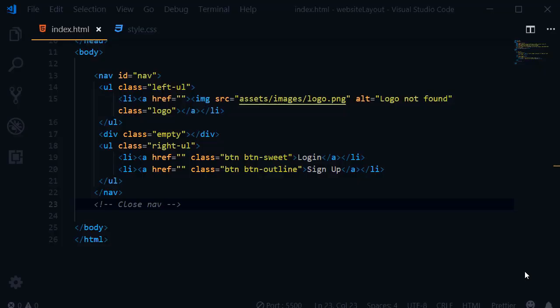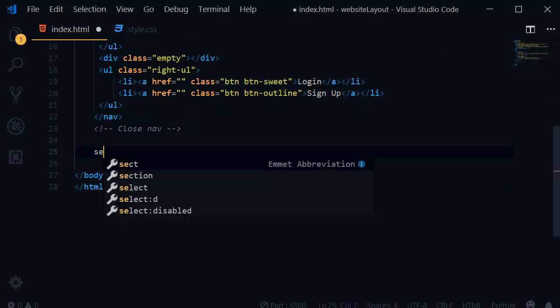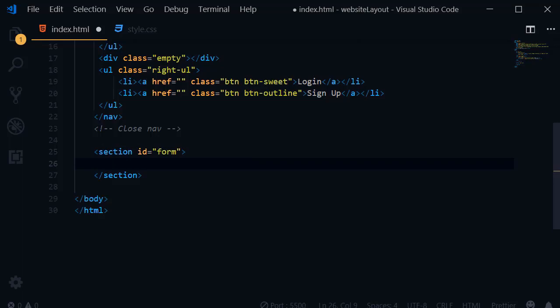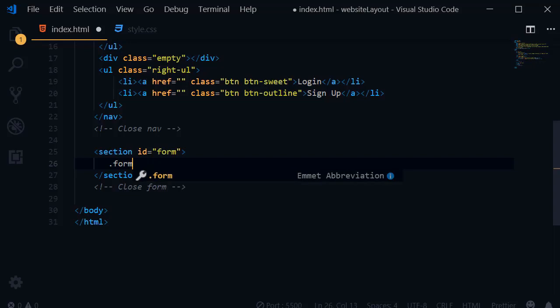In this lecture, we will create the sign up form. So go to index.html, and after the nav tag add a section, and this section will have the id, so id will be form. Now first of all, add a comment, close form, inside the section class form-section,